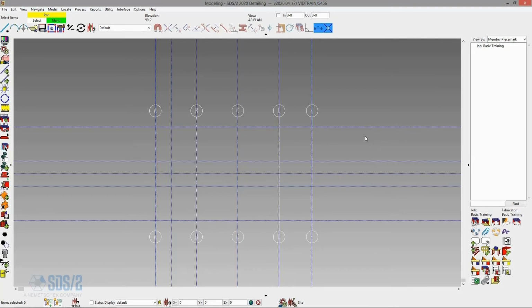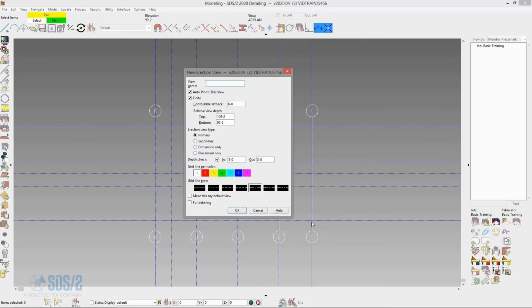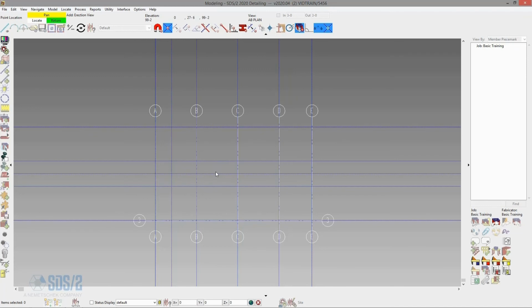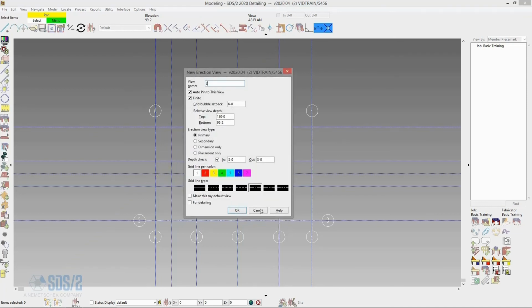If I wanted to add my grids horizontally, I would come up here and start my add grid again, change my point locator back to intersection of construction line, and I'll define my points left to right, so I'm looking from the bottom up. We'll call this grid 3, setbacks at 6'0". I'm going to make my top 130'0", primary, in and out at 3 foot, and say OK. And the same for grid line 2